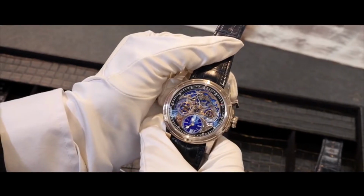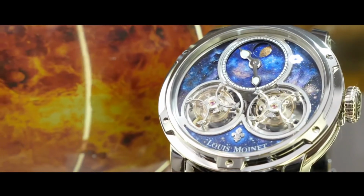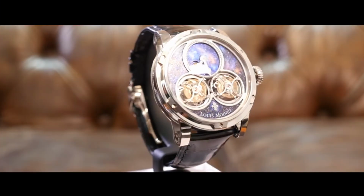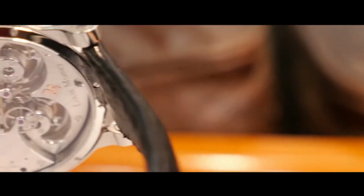Number 4, Louis Moinet Meteoris. Created by Louis Moinet, a company in Switzerland known for their extravagant watches, the Meteoris is one of the finest. This $4.6 million watch has all the bells and whistles you would expect from a watch shooting that kind of price tag. Combined with state-of-the-art technology and rare materials, it's an eye-catching watch with exposed intricate mechanisms that look like